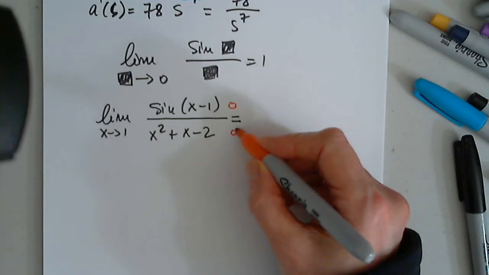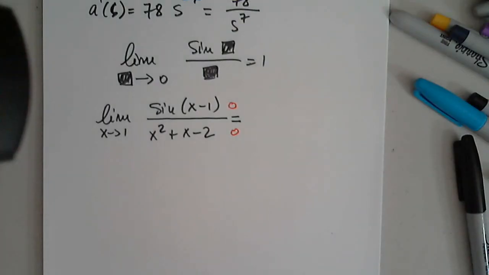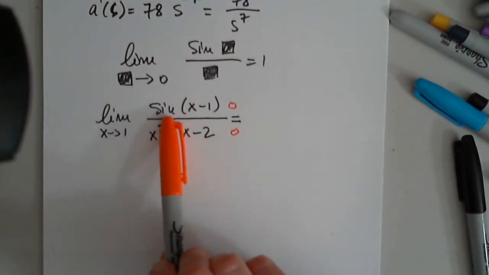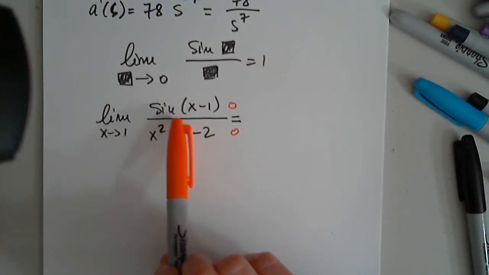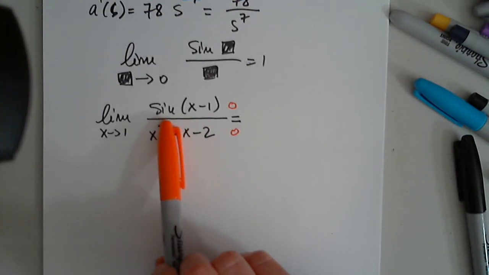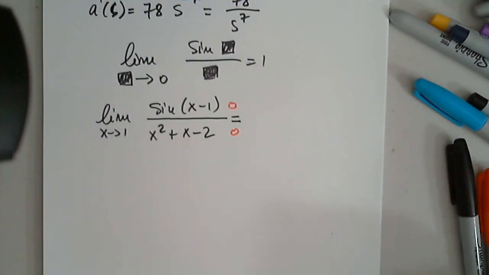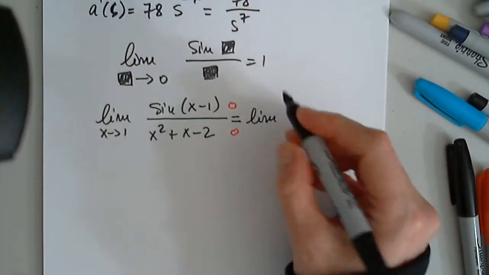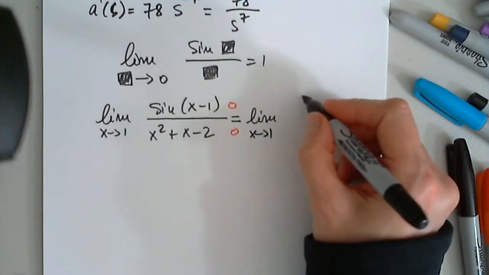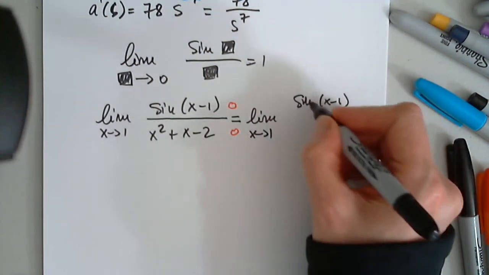0 and 0. Good. And the denominator? 0. Good. Now, I wish I could say, well, there must be a factor of x minus 1 that we have to remove from top and bottom. I cannot say that because x minus 1 is inside another function. So I can never factor out x minus 1 at the top. So that situation is not applicable here. Okay. So what will be our next choice? Since I cannot touch sine of x minus 1,